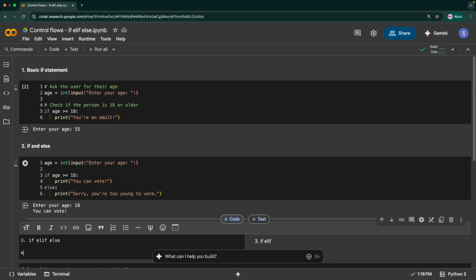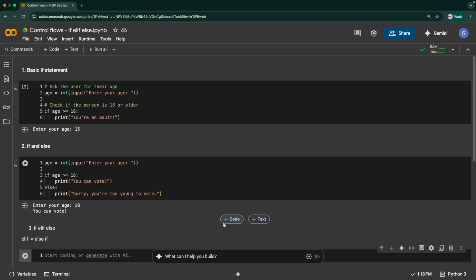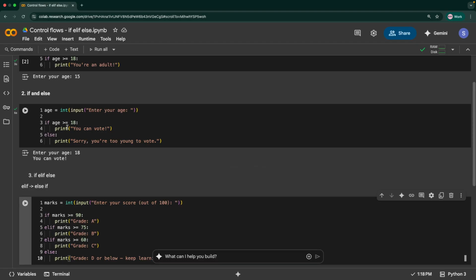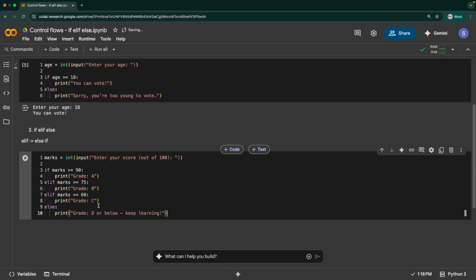Here, else if is basically short for "else if". Let's say you're grading a student. In that case we need to check for multiple score ranges, so we can't rely only on if and else. There can be multiple conditions that we have to check, and in those cases we can go with this else if block, which lets you check more than two conditions, apart from the if and else.